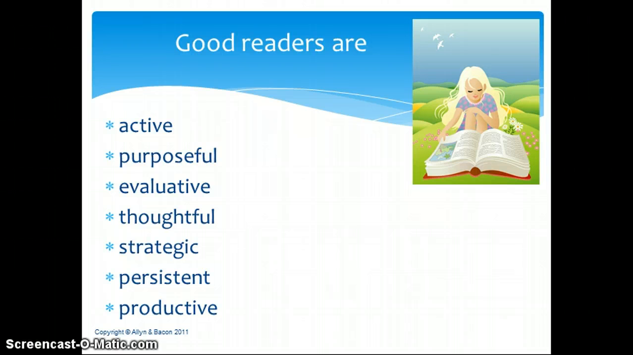constantly evaluating that text, seeing if they understand what it means. They're thoughtful. They pause as they read. They think about it. They make connections to other things that they know or other things that they've read. They're strategic, which means when they don't understand what they're doing, they have those strategies to employ. They go back and ask questions. They go back and confirm predictions. They think about the words that they don't know. They're persistent. They continue reading a text even when they find the subject matter difficult, and then they're productive, which means they